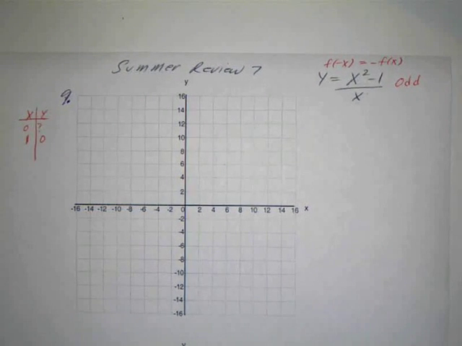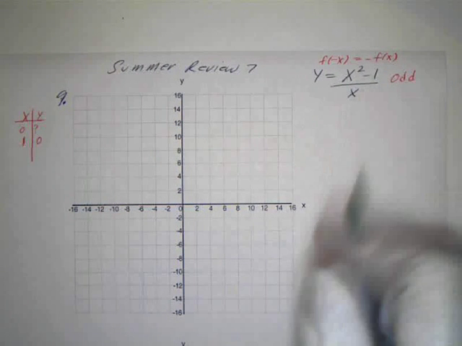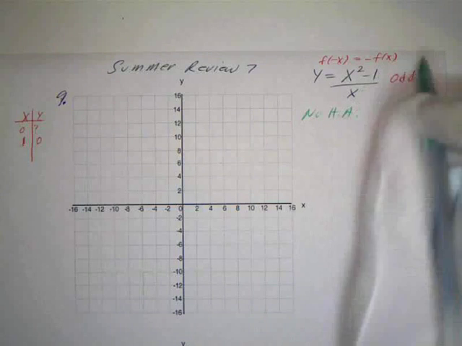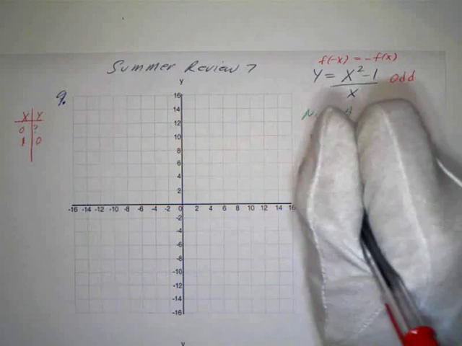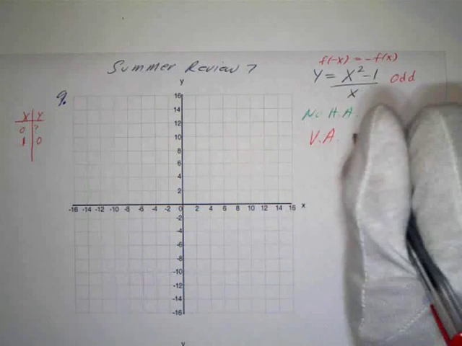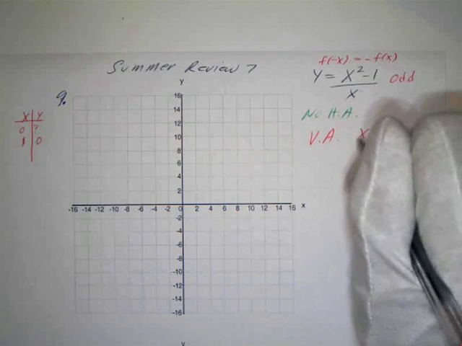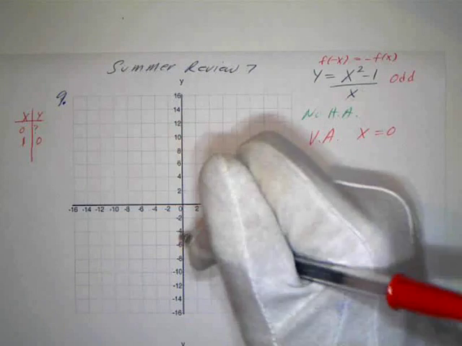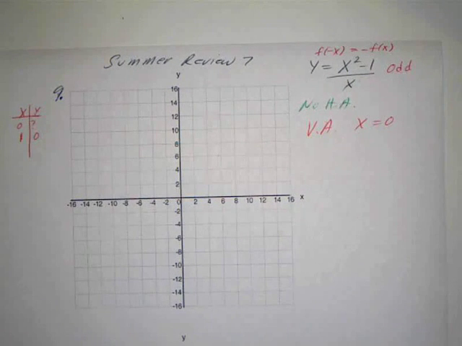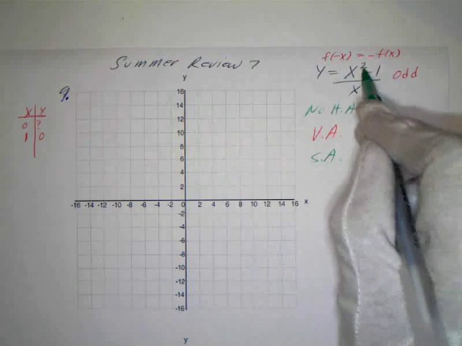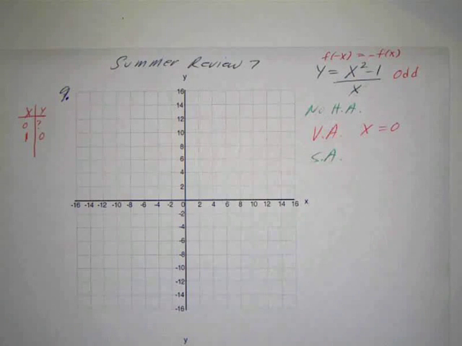And we don't have any horizontal asymptotes because the degree of the top is greater than the bottom, so no horizontal asymptotes. We do have a vertical asymptote at x equals 0. I'm sorry, that's right, x equals 0. So that's the axes. And then we have a slant asymptote because the degree of the top is exactly 1 greater than the degree of the bottom. And I worked that out already